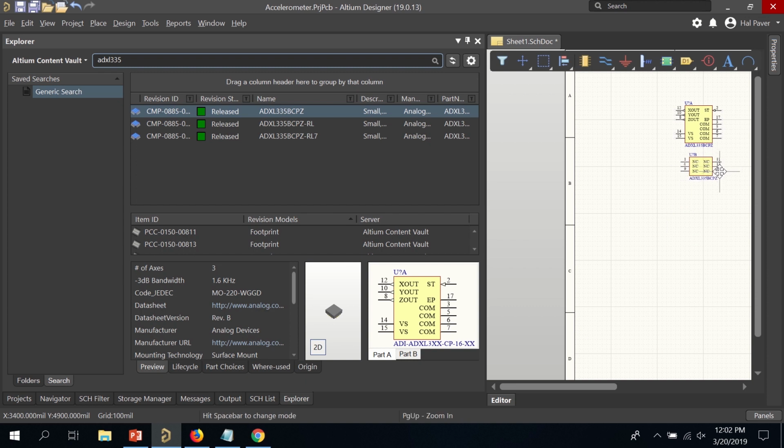These two schematic symbols are part of the same footprint. So you need the A and the B, and sometimes a manufacturer will divide their symbol for readability purposes. The next component that I want to add is the